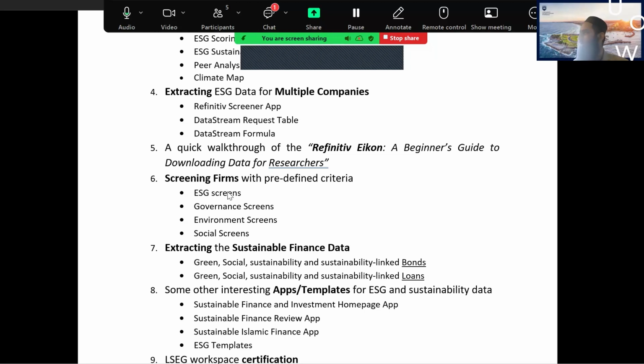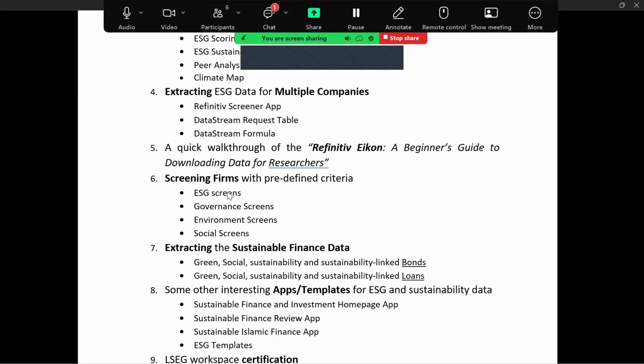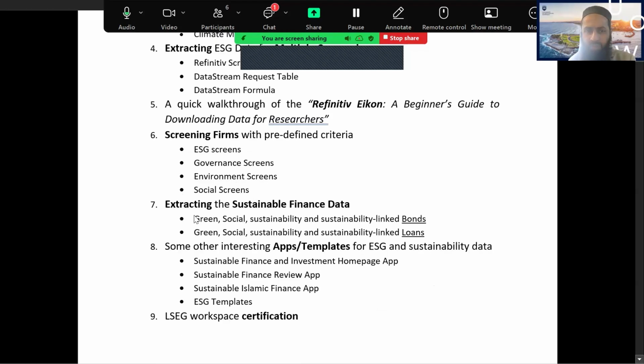That again is good for investment. If you want to invest based on high ESG performing firms, high E performing firms, or firms on carbon performance, you can use it to screen. And then you can bring in some financial parameters. Are they also creating better returns? Then you can see whether doing good creates doing well as well. Okay, so these screens I will briefly show.